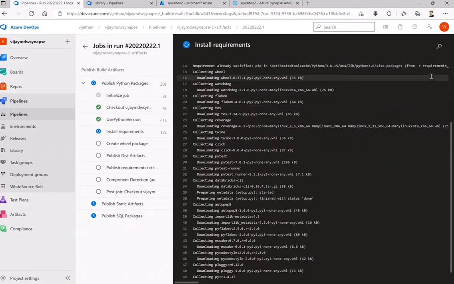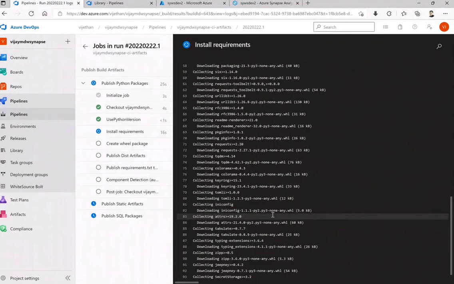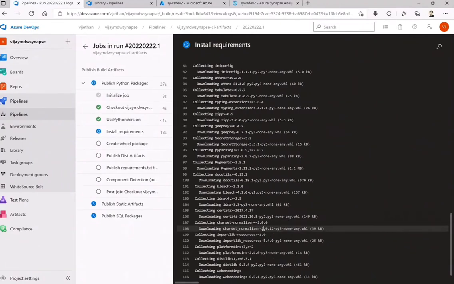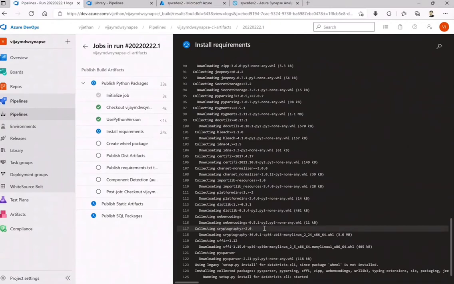So it is fetching the requirements, everything it needs for that. As I said, these are the binaries for modern data warehouse environments, which is a kind of program it requires before it can do any kind of work on top of that.